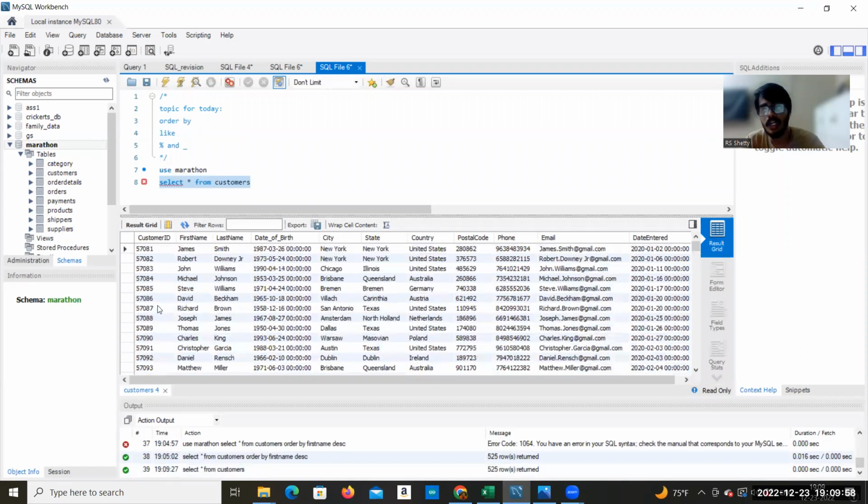Now you are given a problem statement where you have to arrange this same data in ascending order of your first name or descending order of your first name. Now, what does ascending order of first name mean? That is ascending order of alphabets. That is, the first name should start from A and end at Z. And descending order of the first name means it should start from Z and end at A. So ORDER BY is used to order your data in the manner you want,